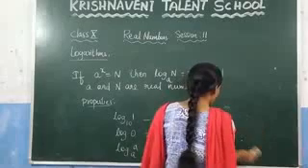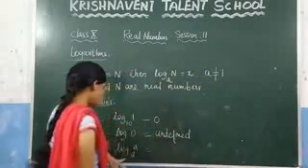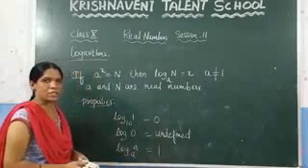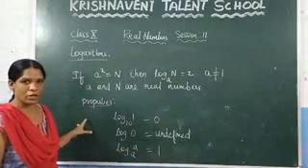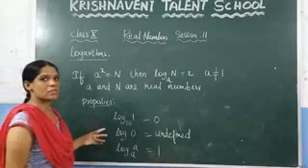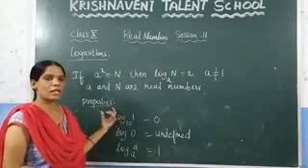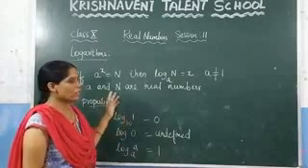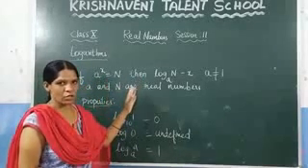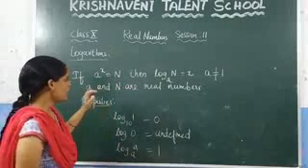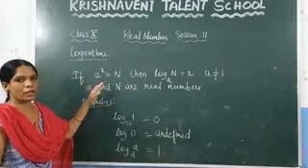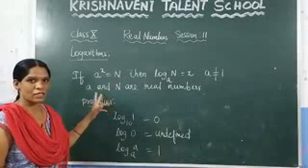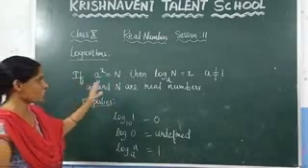So from this what we can conclude here is log a to the base a is always equal to 1. This is about the properties of the logarithms. What is meant by the logarithms? If you are given any exponential form and you cannot find the value of x, then we can find the value of x by using the logarithms. What is the definition of the logarithm? If a power x is equal to n, then we can write log n to the base a is equal to x. And what is the condition here?